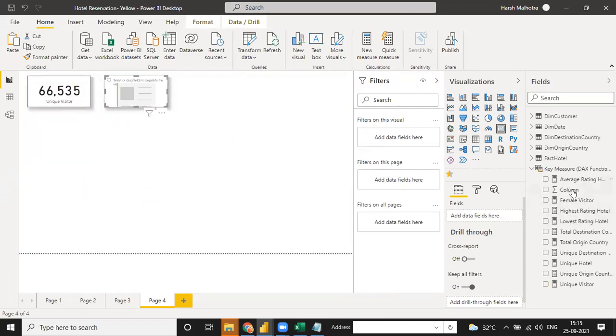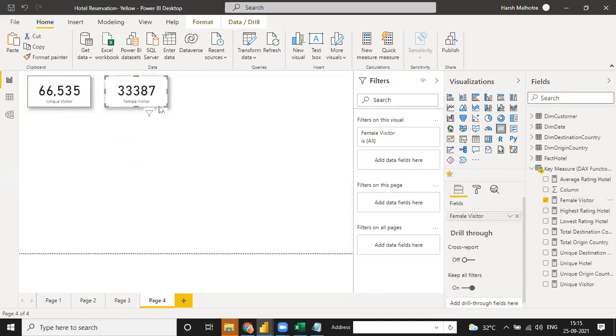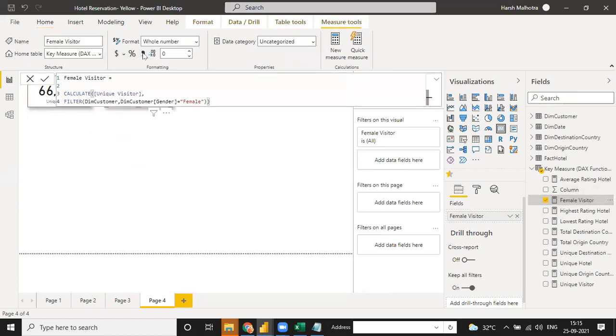And instead of this, you can use female visitor. See, you have a total number of female out of this 33,387. And in the same way you can use a male measure as well. Instead of female, you can just write male. New measure.